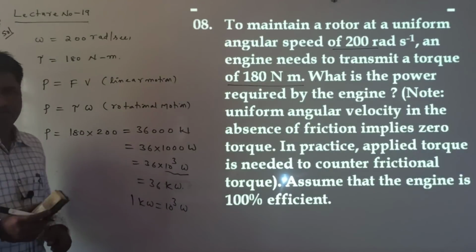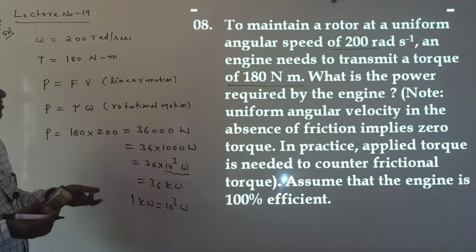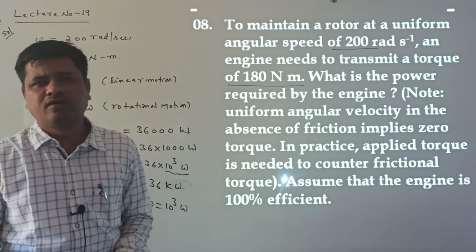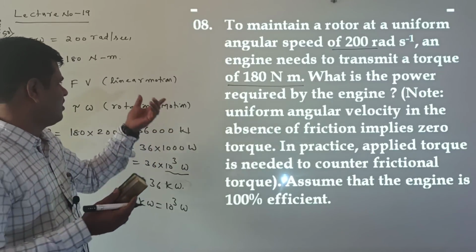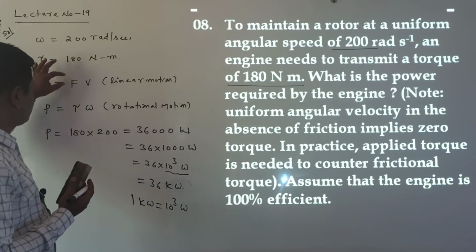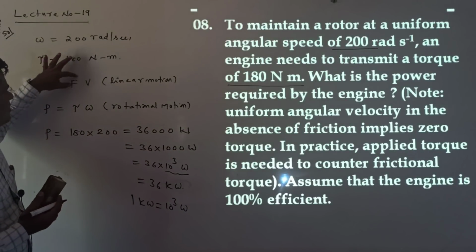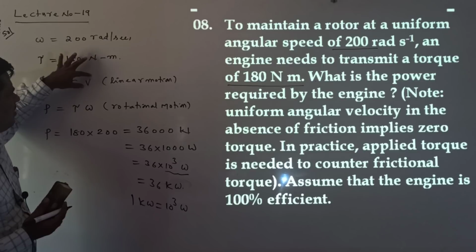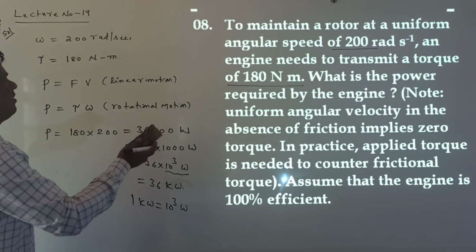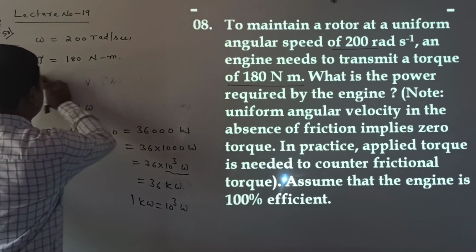This is a power value. Here I am directly finding it. We know the linear motion formula, and easily you can write the rotational motion formula. In the rotational motion formula, in the place of the force, torque is coming, and in the place of the linear velocity, angular velocity is coming. Okay, right, this is the solution of the 8th problem.